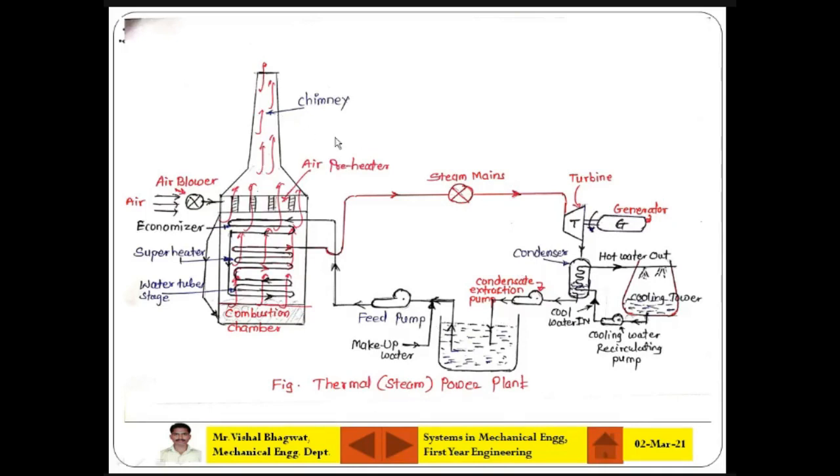What you should be interested in here is the boiler. What you have seen here in the boiler is a preheater, an economizer, a superheater, and water tubes. Understand? Near the combustion chamber there are stages of water tubes, but the economizer is first, where the hot water is coming near the combustion chamber. It is heated in the water tubes, and then sent to the superheater, where it is converted into very hot, dry, superheated steam. That is collected and supplied to the turbine. This is nothing but the boiler.